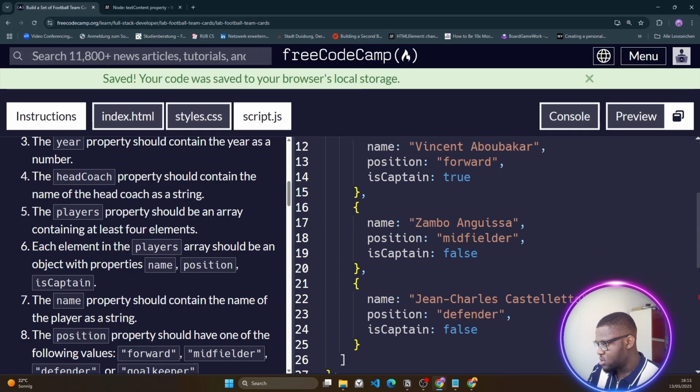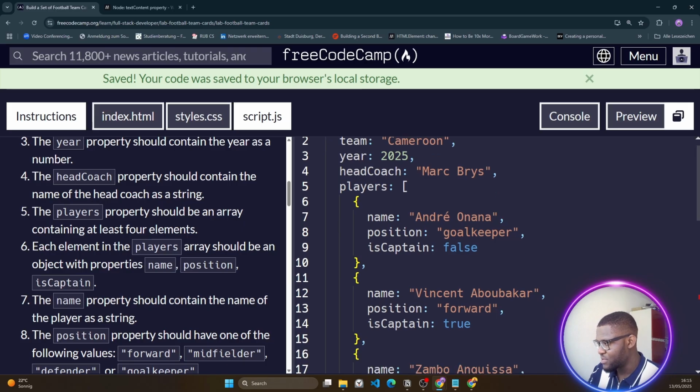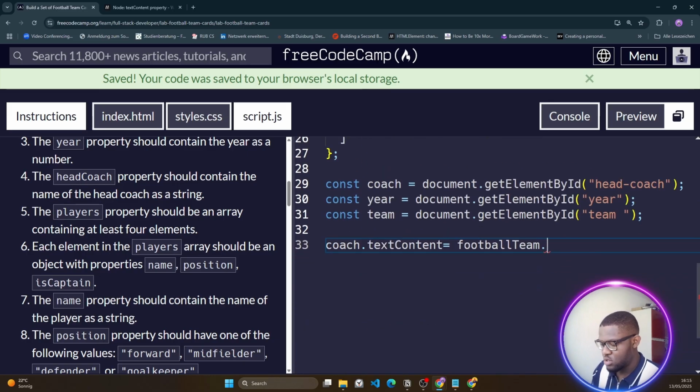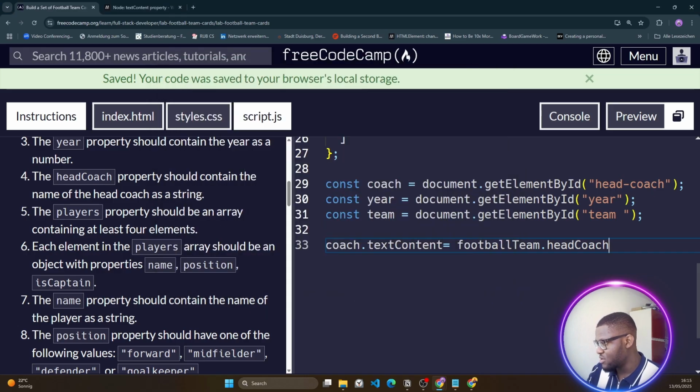Dot head coach, back brace, a Belgian, a guy from Belgium. You say that, head coach. So head coach. Yeah, like this. I think that normally the preview is supposed to show something. Yes, back brace. So we shall do the same thing for the other guys. So let me just say